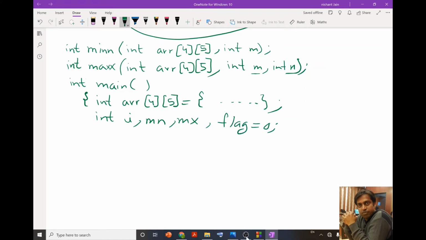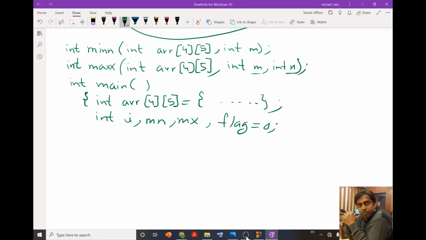to 0. The value of flag will remain 0 if in the matrix we do not find any saddle point, but the value of the flag will become 1 if we find a saddle point. So with the help of the flag, at the end we can put a condition that if the value of the flag is 0, then it means that we have not found any saddle point, and we have not printed any line like "saddle point is at this point."